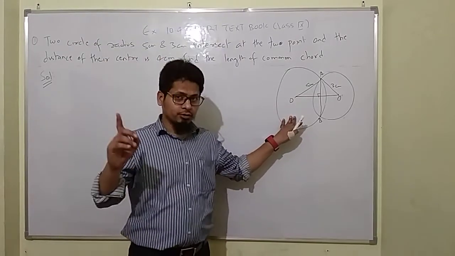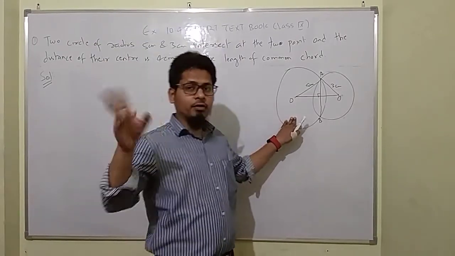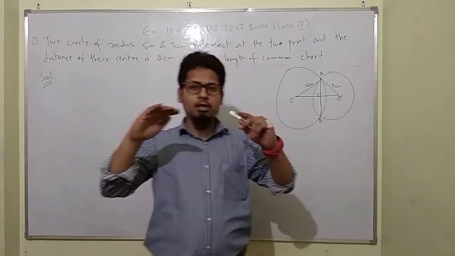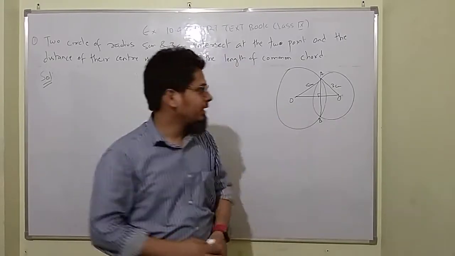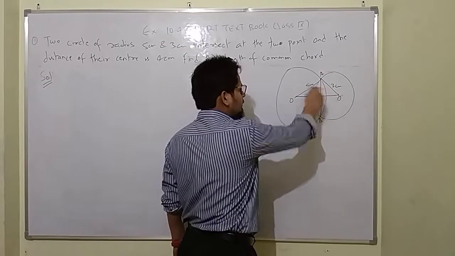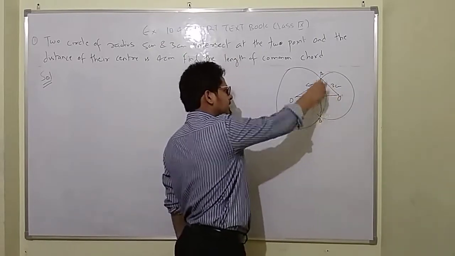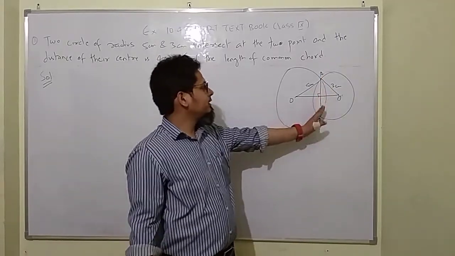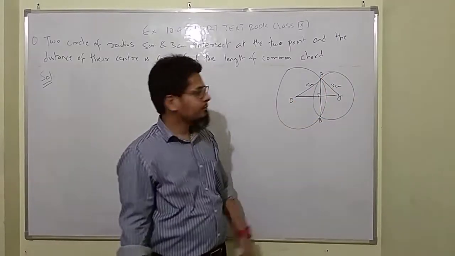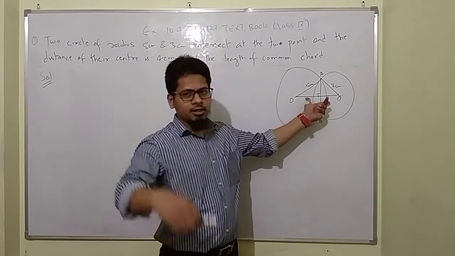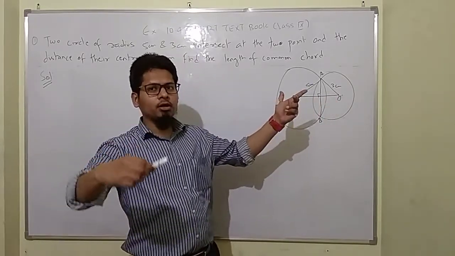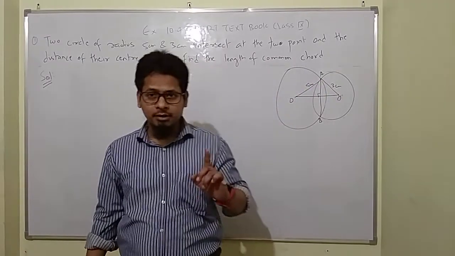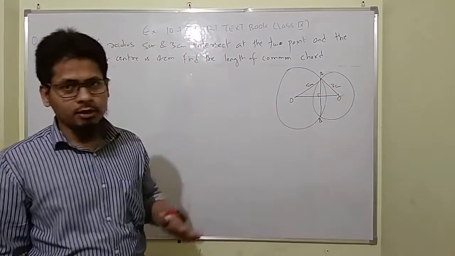The question was, we have two circles of different radius, and if we join their centers, then this common chord is the chord for this circle and also for this circle, that's why it's called a common chord, right? The line AO dash is the perpendicular bisector of chord AB, right? That was the problem. The same thing is to be done here, okay?